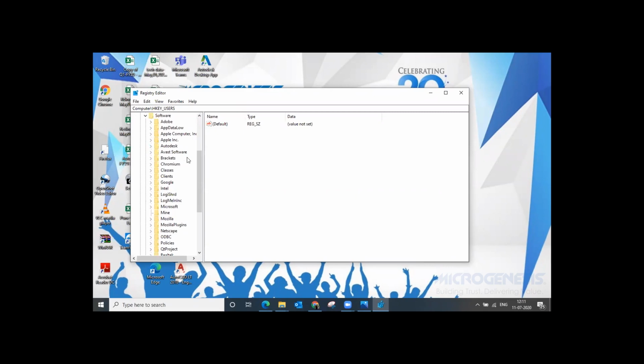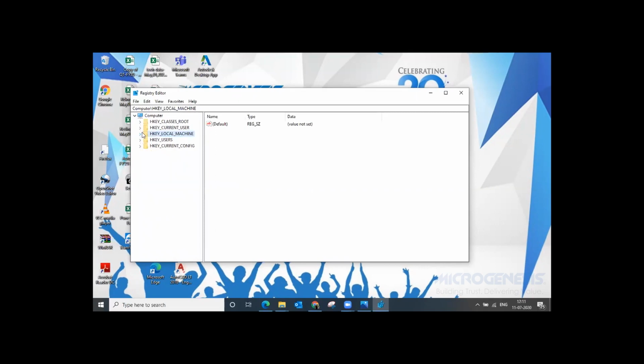We need to delete that one. HKEY_CURRENT_USER is basically for resetting Autodesk related settings, but here we need to completely uninstall the Autodesk software. So we need to go to HKEY_LOCAL_MACHINE also. In HKEY_LOCAL_MACHINE, there is a software folder, and in that software there is an Autodesk folder. So we need to delete that one.